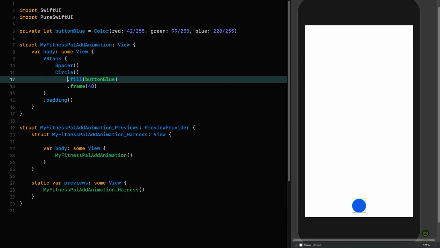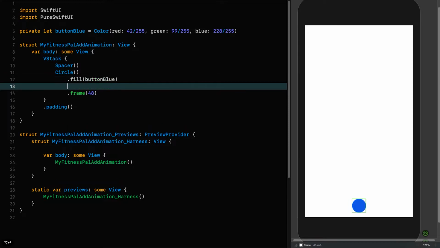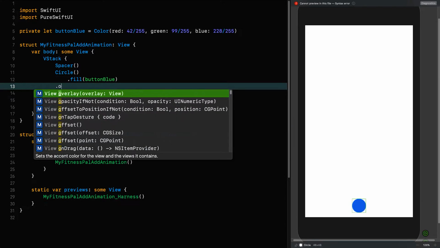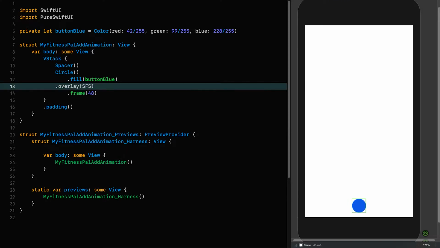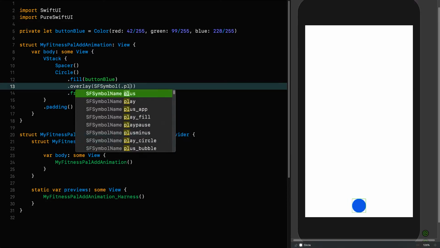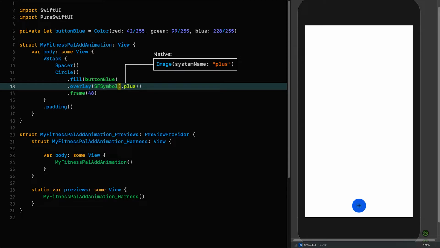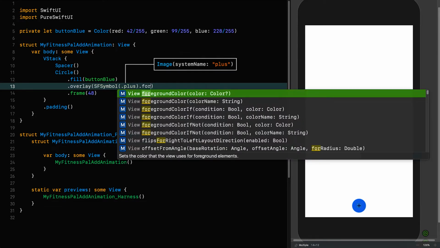Okay, excellent. And that button needs a symbol. And we're going to put a plus symbol on, which is going to be an SF symbol inside an overlay, like this. Overlay, SF symbol, plus, using a nice enum from PureSwiftUI. And that has to be white,